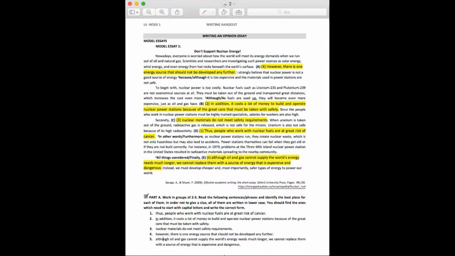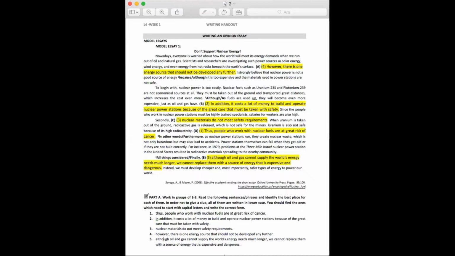For B, since the gap is one of the body paragraphs, the first thing to do is looking at the topic sentence of this paragraph because it tells us what is discussed in the paragraph. Here it gives us one negative aspect of nuclear energy, which is its high cost. As all the other sentences should support this idea, the best sentence for this gap should be also about the